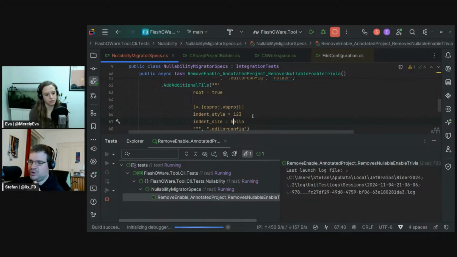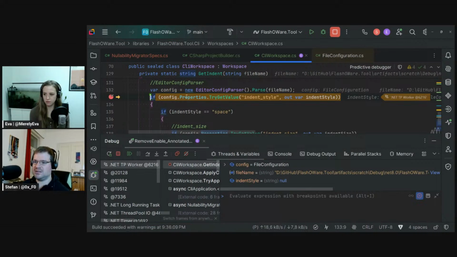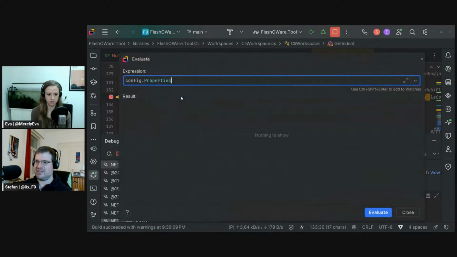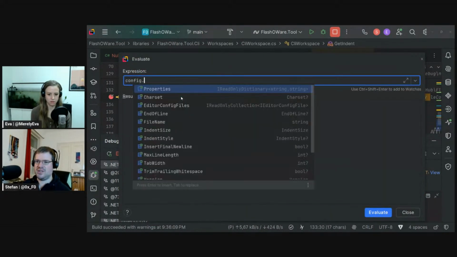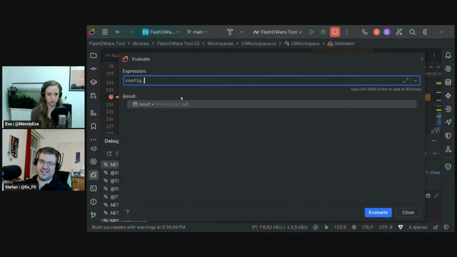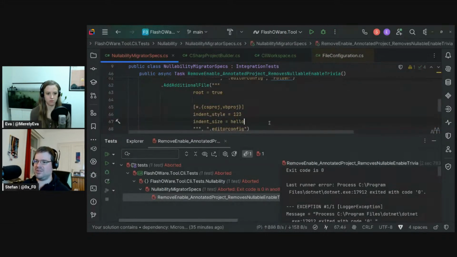I can imagine it would just keep them null. So only if they are valid, I can imagine. Let's see, the indent size is null. No. The indent style is also null because they are quite invalid. If we make them valid again,